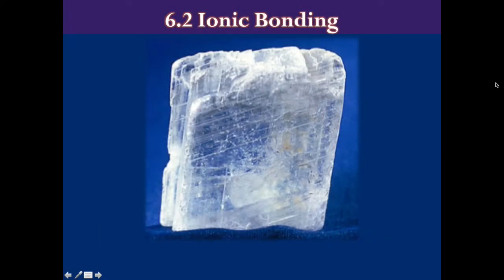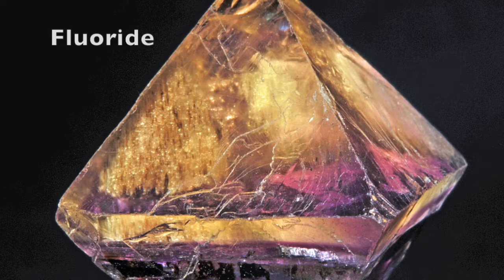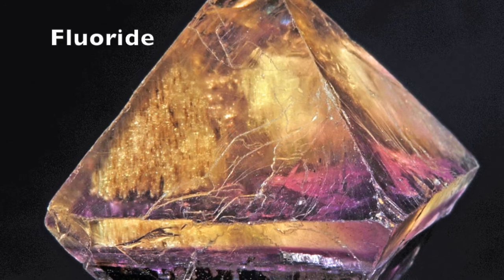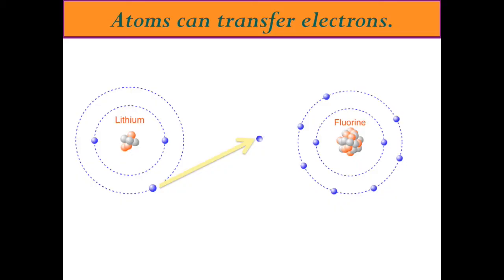Ionic bonding creates some of the most beautiful compounds. For example, these crystals of sodium chloride and fluoride. So we're going to learn about how these form. And basically, ionic bonds happen because atoms can transfer their electrons, those negatively charged particles on the outside of the